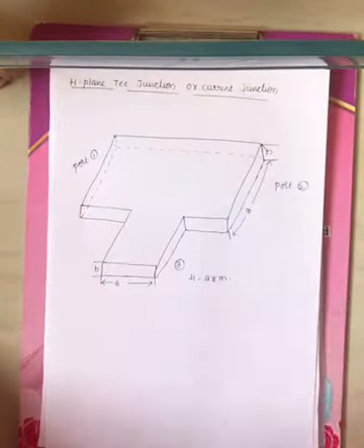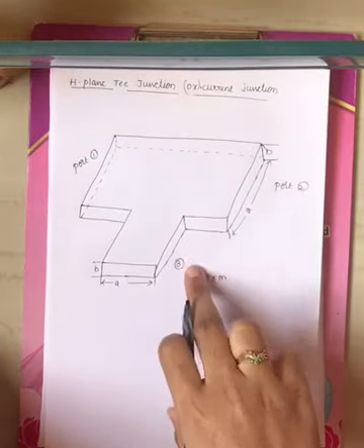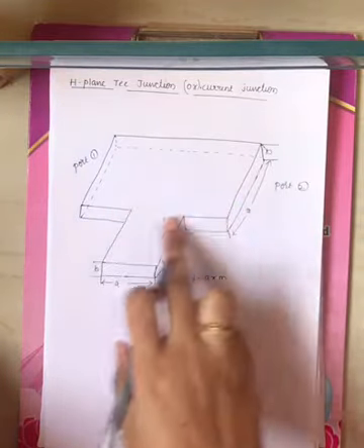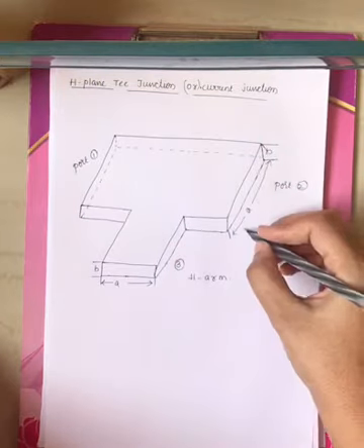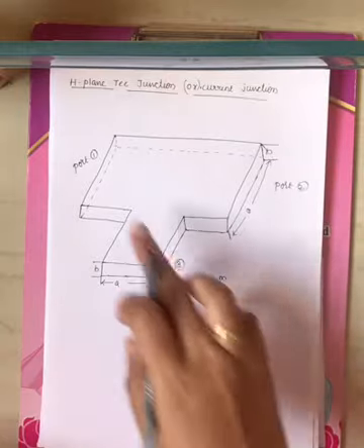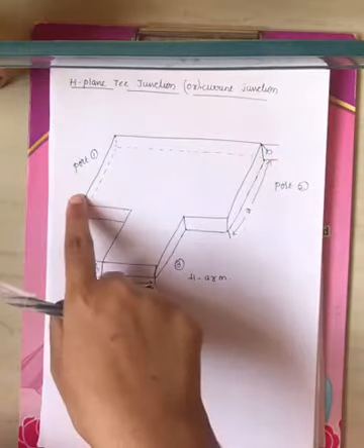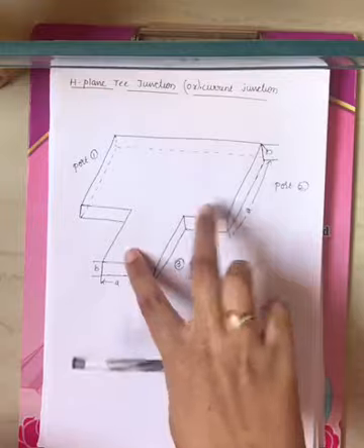Now this is the structure of your H-plane T junction, and it is also called a current junction. Why it is called a current junction, I will say now. This is the structure of your H-plane T junction. If you see, this is your rectangular waveguide, and this is your a value, and this is your b value. This is also a rectangular waveguide. Both are rectangular waveguides only.